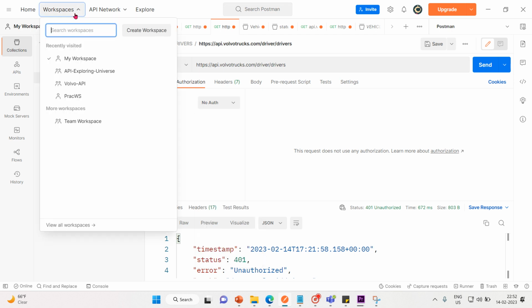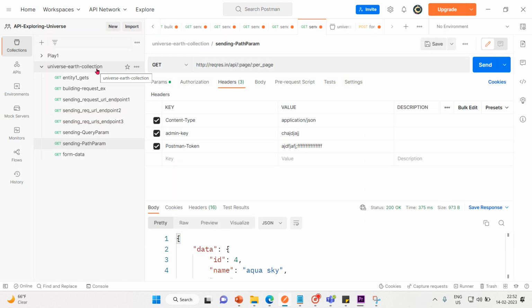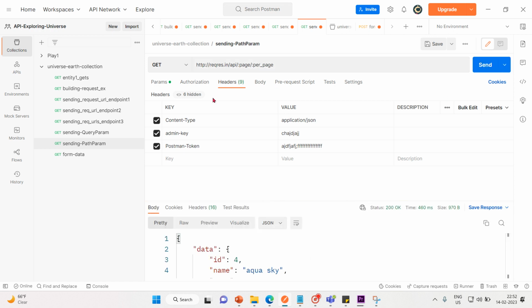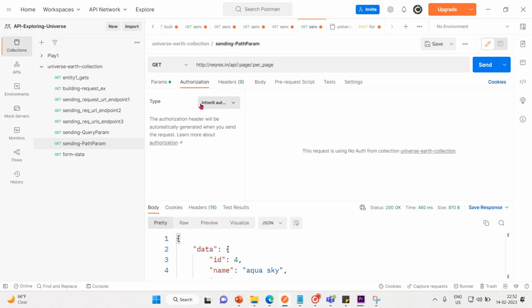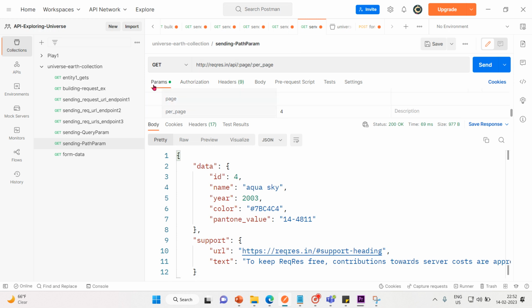let me go to the other workspace, API Exploring Universe. What I'll do here is click on send, and you should see this information. I'll come to authorization. Here I put inherit auth from parent. Now I'll put no auth. This is a public API, and let me resend the request, and you're still able to get the data. You see that? And I'll change the parameters, and we should get